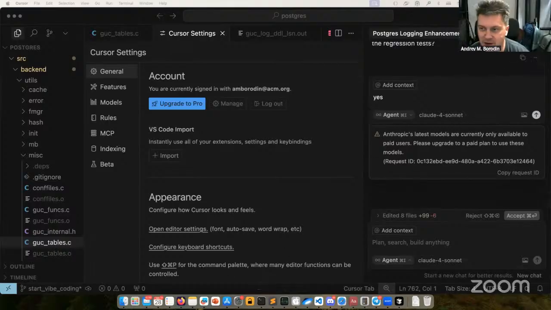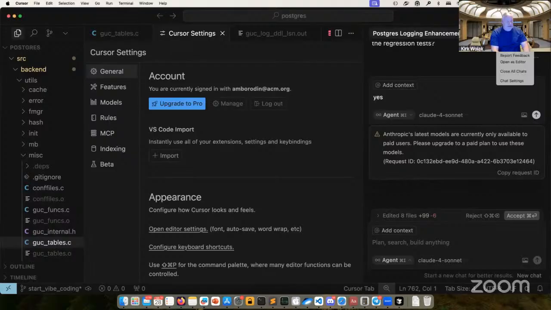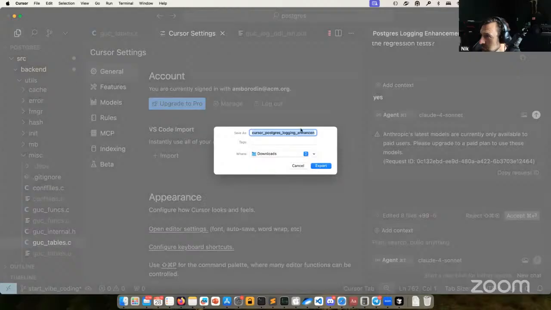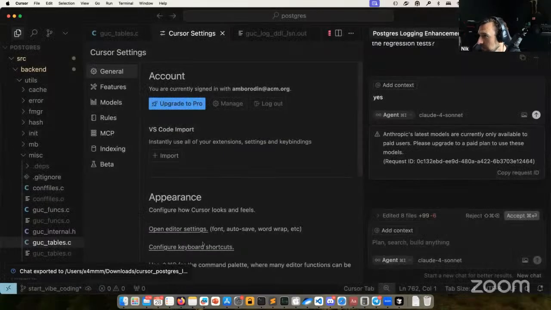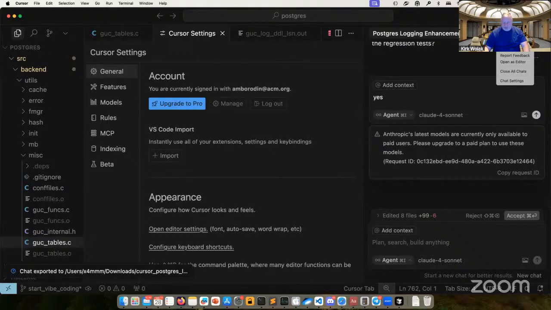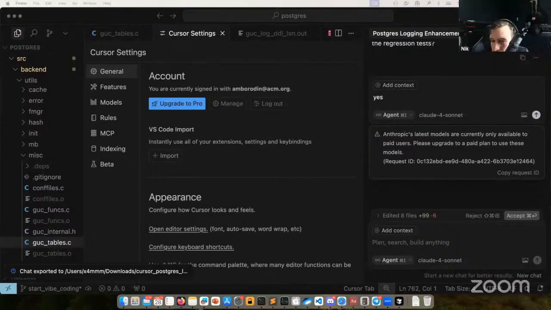Can I export the chat so you can have it? Usually you can. Export chat. Yeah, there is export chat, at the top right corner, the three dots. He got it. He did it already. Oh, okay. Yeah, I did it. So I will send you the chat. Sounds good. And I should send you a Git repository with the current version.